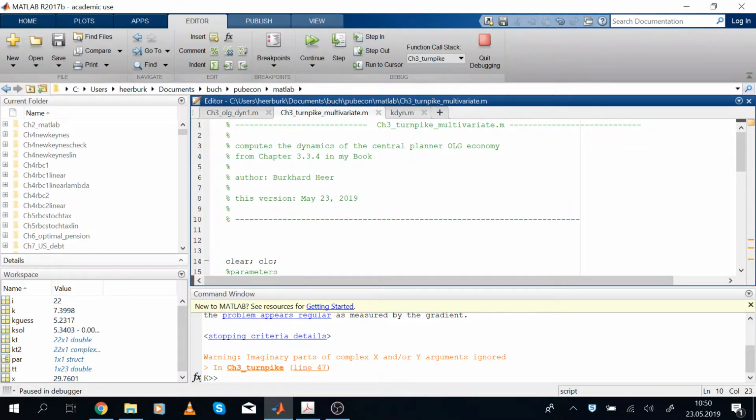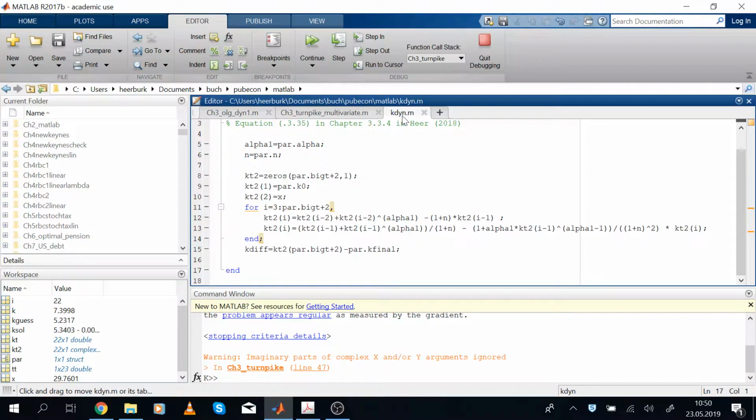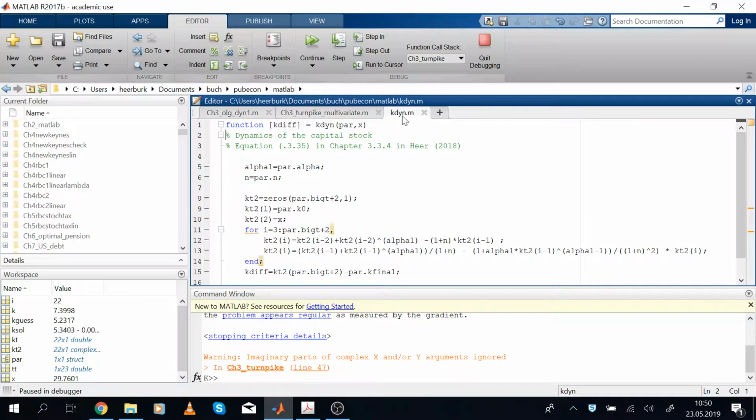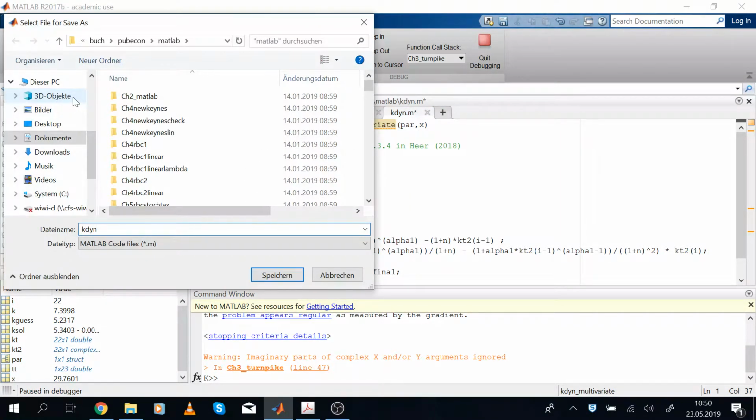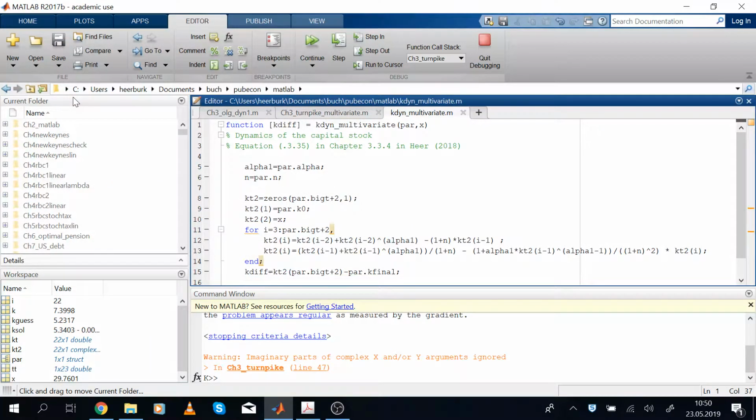What we need to do is, of course, now use a different recursive function. Let's call this function multivariate and save this function as kdun multivariate. Of course, all in the same directory. So this is our dynamic equation